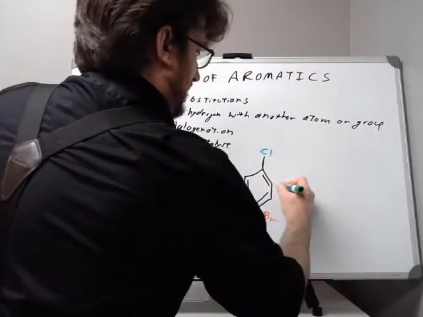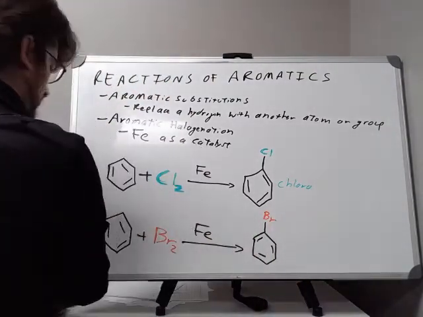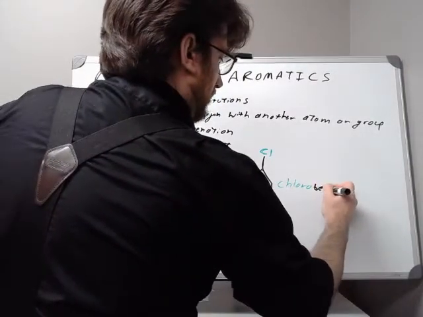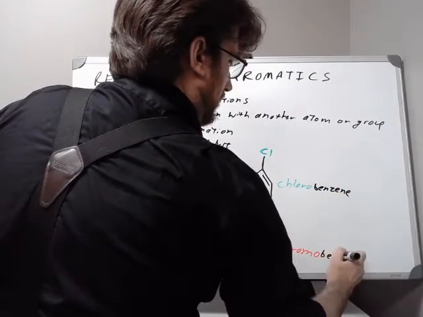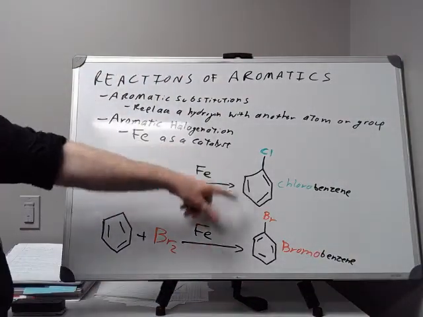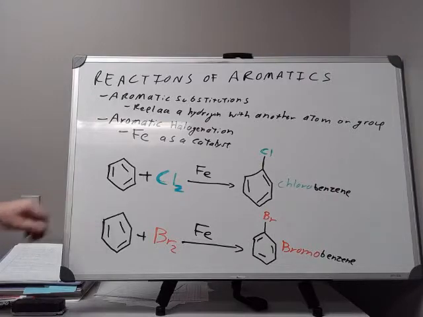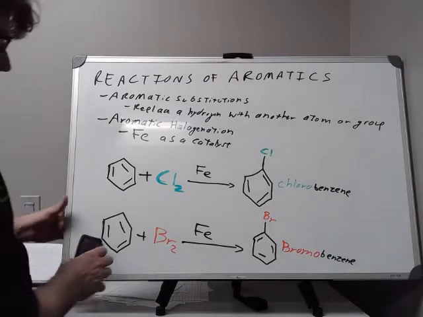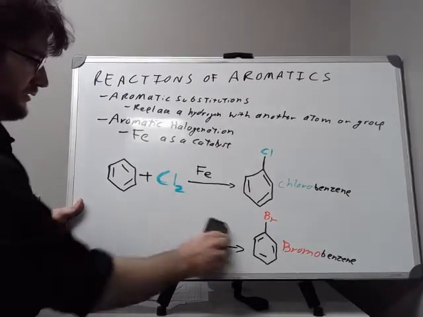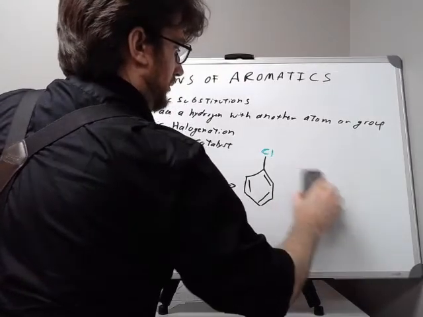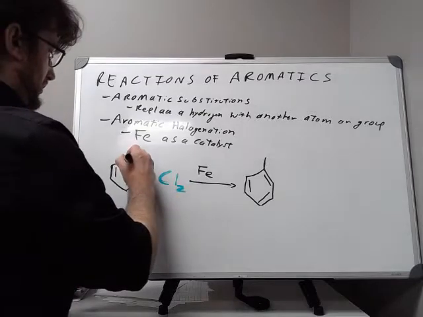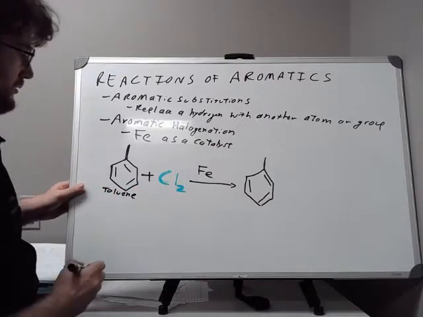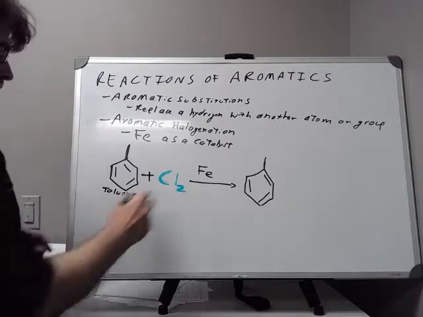All right, let me write those names down real quick. Chloro, bromo, benzene. So chlorobenzene and bromobenzene. But if instead of using benzene as our starting material, if we used toluene as our starting material, then we would get more than one possible product. So let me show that. So here's toluene. We have this methyl group attached to our benzene. That makes it toluene. So now this chlorine can add